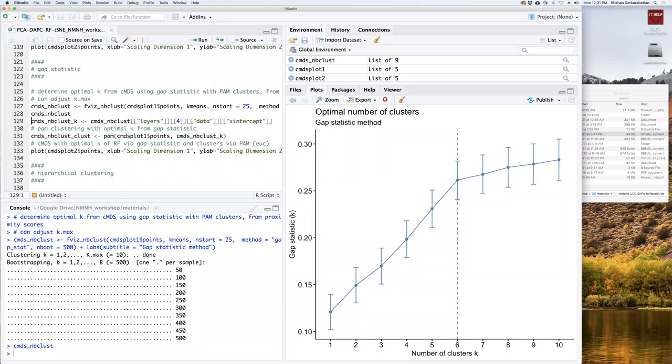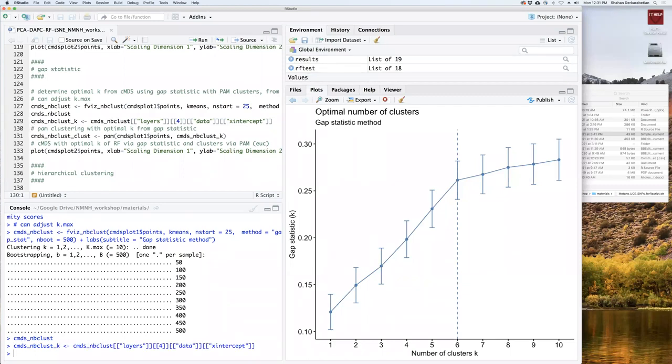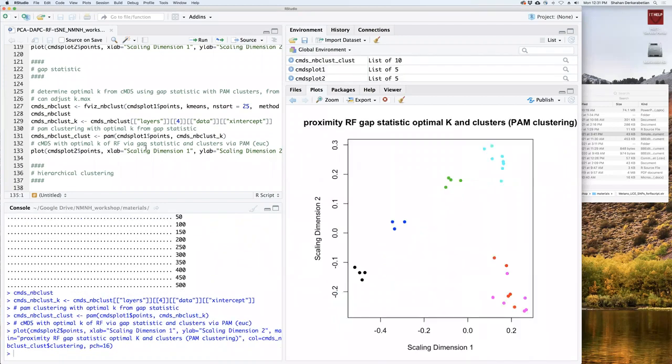The gap between within cluster distances. So it picks 6. That's surprising. Last time I did this, it picked 7. So we're not going to get any variation here. And then plot it, right? It's exactly the same as DAPC.